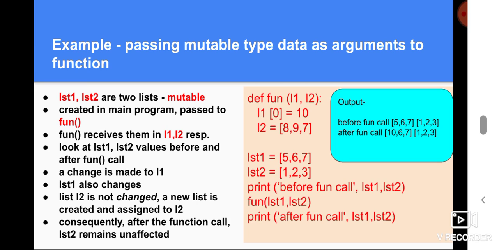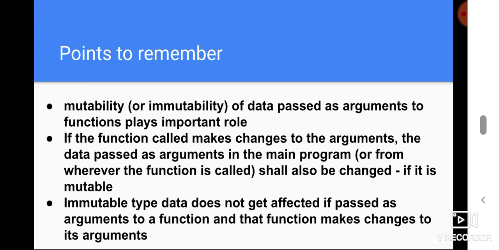Right, now these are the important points which we summarize, which we have seen in these two examples. First is mutability or immutability of data type passed as arguments to functions plays an important role. If the function called makes changes to the arguments, the data passed as arguments, it may be that the function was called from the main program or another function or from wherever.